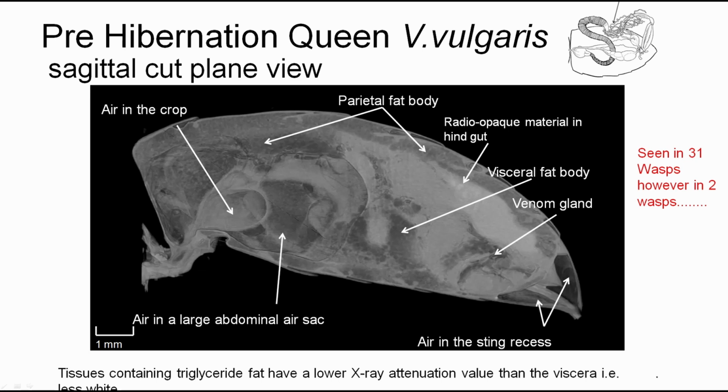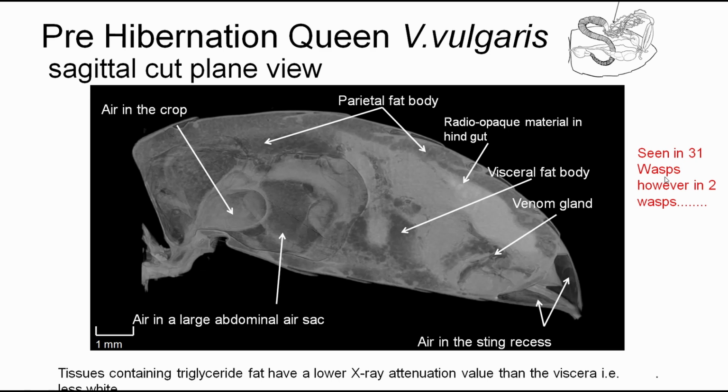rest of the gastrointestinal tract and other intra-abdominal organs, such as the reproductive ones, were usually fairly obscured because they had a very similar radio opacity. What one did, however, see very frequently was small amounts of much whiter, much more radio-opaque material, which we presumed was material that the wasp had ingested. And this was in essence what we found in some 31